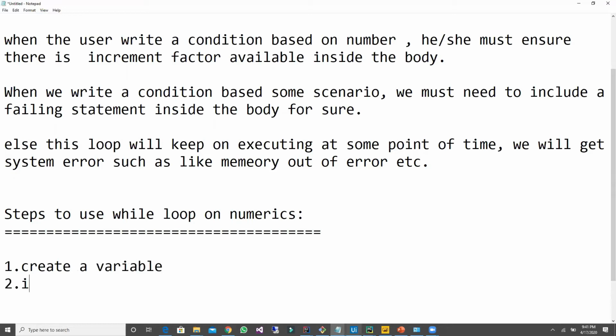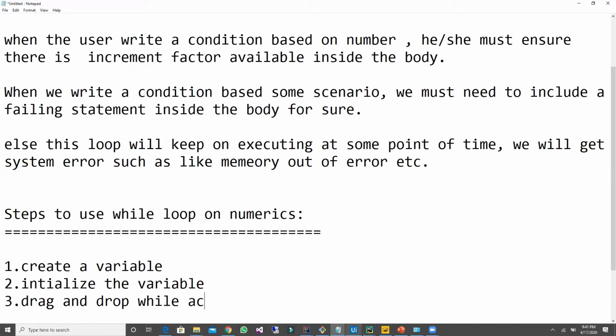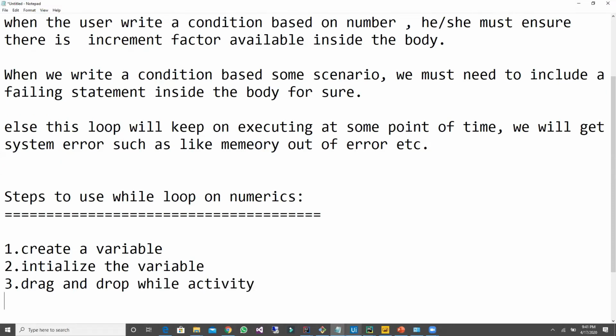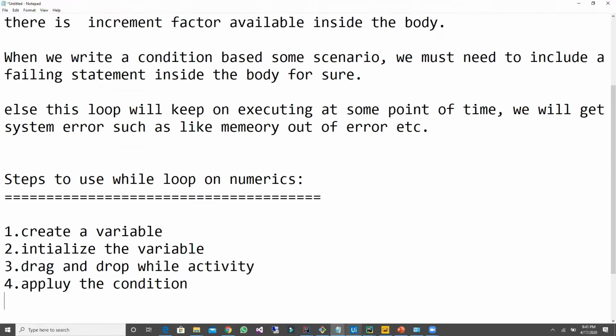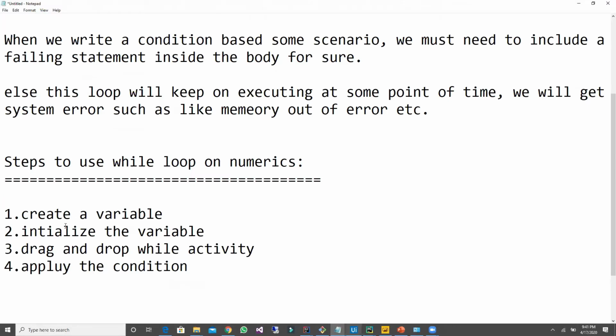Step two is initialize the variable. Third one is drag and drop while activity. Fourth one, apply the condition.